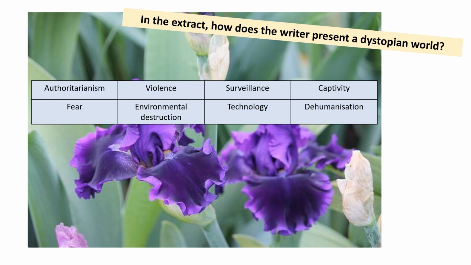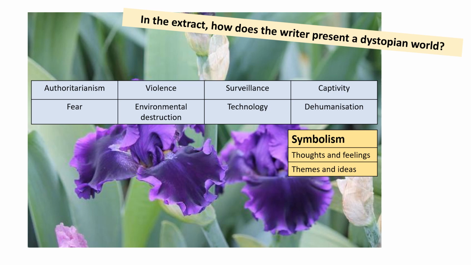But of course, before we start reading the text, we have to remind ourselves what we're reading for. Another important thing to keep in mind when we read is that this is a unit on symbolism. This is a highly symbolic book in that it symbolizes the thoughts and feelings of June, the main character stuck in this dystopia, and also important themes and ideas about society and what makes the place dystopian. And so if you ever find English hard, it's usually because when you're reading, you have to keep all these things in mind, but the more you do it, the easier it becomes. So we need to keep in mind our knowledge of what a dystopia is, and also the idea that we're looking for how the passage symbolizes thoughts and feelings and symbolizes themes and ideas.